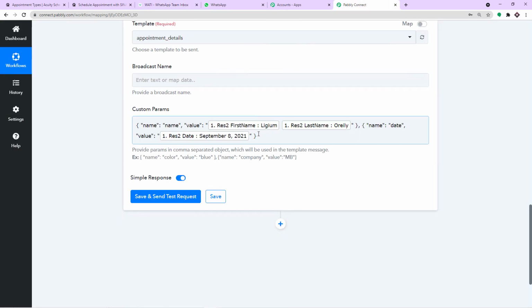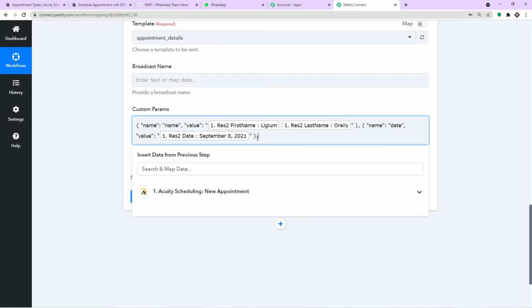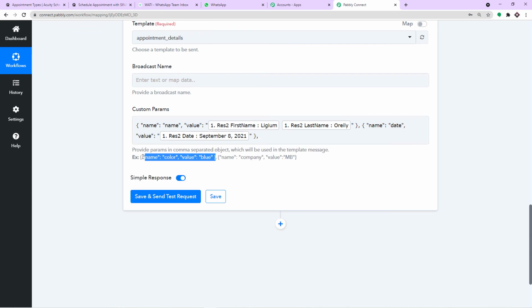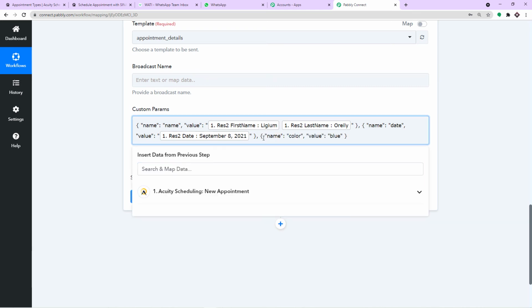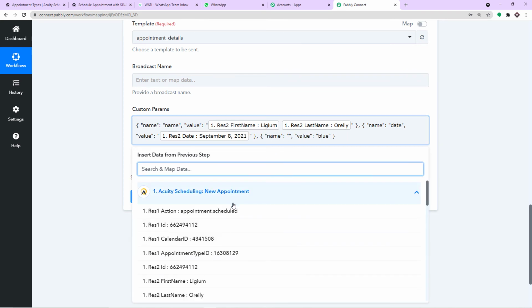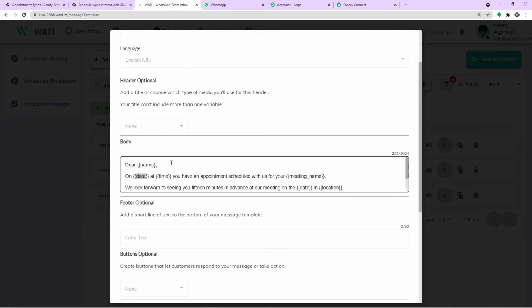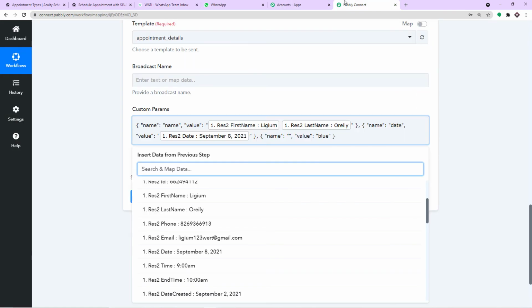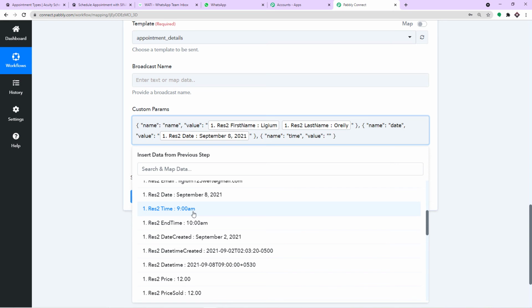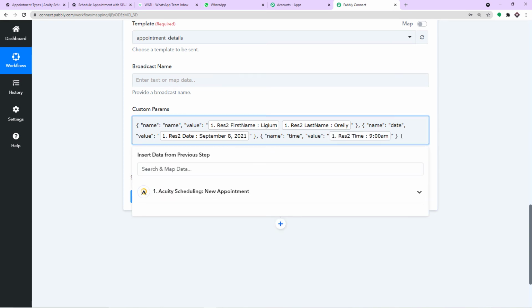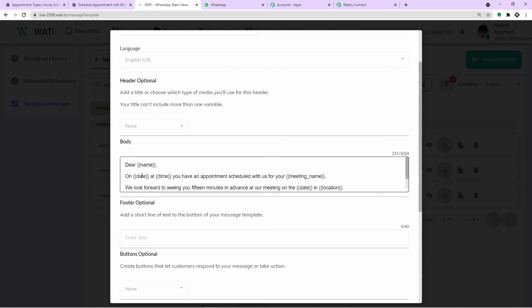Now the third parameter is time. Once again, let me add a comma and copy this whole code. Copied it. Afterwards, I'm going to paste it here and remove this. Excellent. I'm going to click here. What is the next parameter? That is the time. I'm going to copy this. Now this is the start time. In our case, I think that is 9 o'clock. So I'm going to paste it here. The value of time, let us have a look, is 9 a.m. I'm going to map this particular detail here. So we are done with 3 of them: name, date, and time.